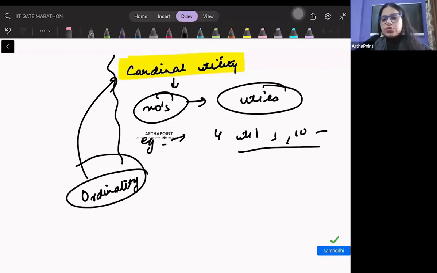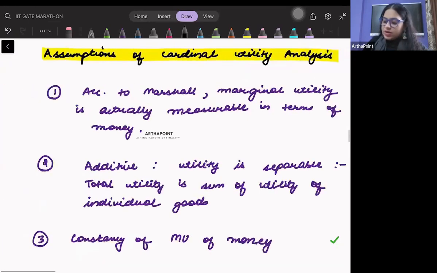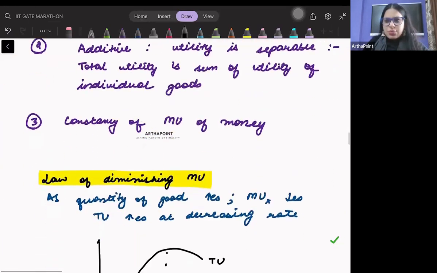ये जो ordinal utility concept है ना, this ordinal utility concept basically talks about you ranking things. So I just want to tell in terms of ranking whether the bundle A is preferred over B or not. And this concept was given by Hicks and Allen. ठीक है. तो अगर आप यहां पर आओगे बेटा, यहां पर ना I have talked about some of the properties